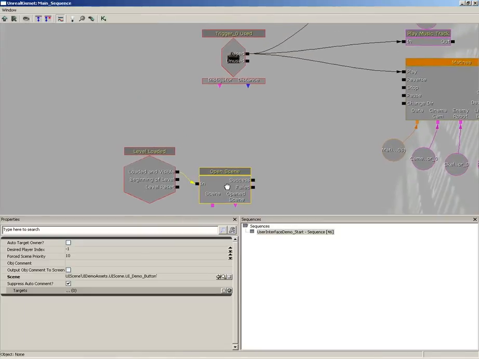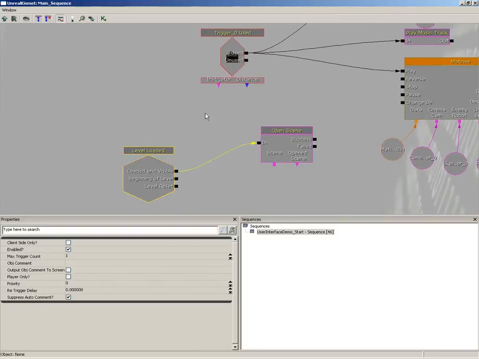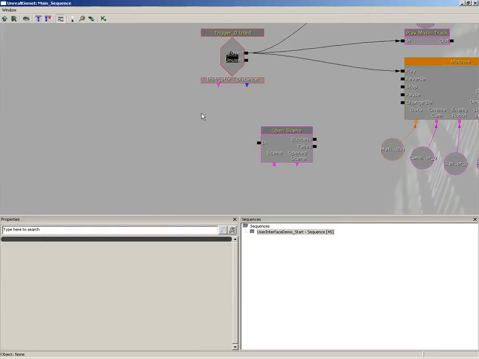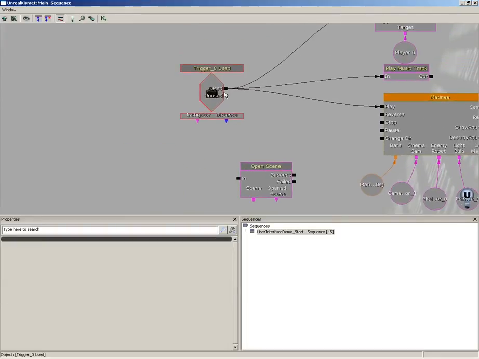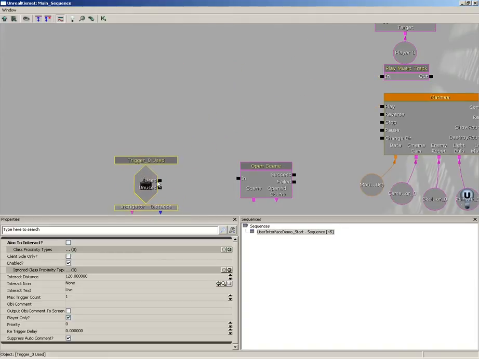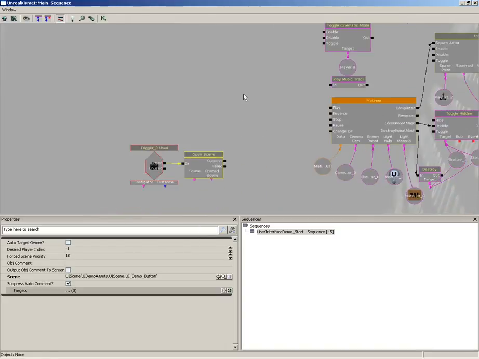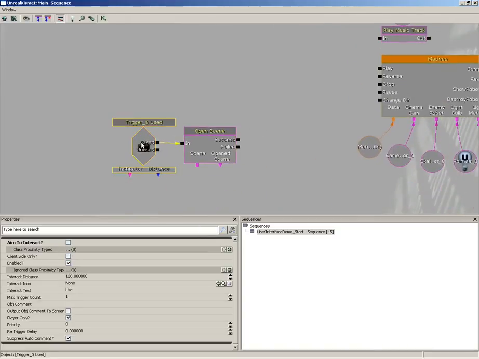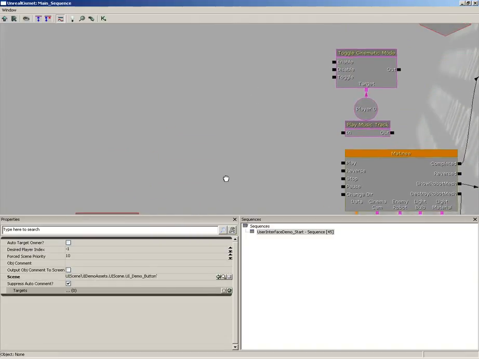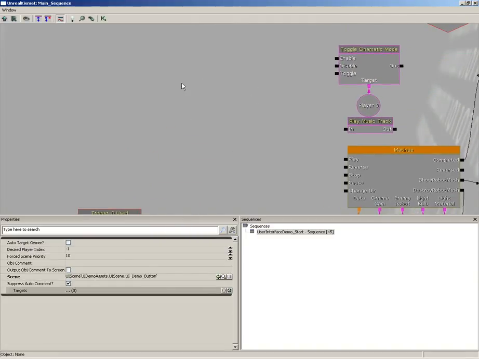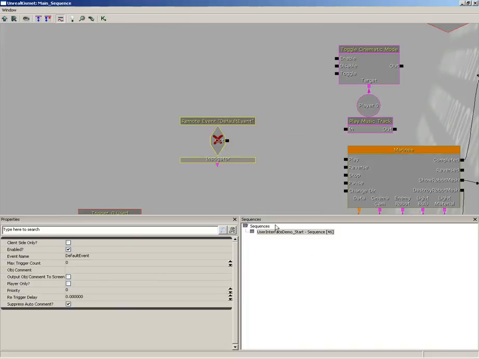We already have our open scene. However, I'm going to take out our level loaded event. I'm going to disconnect our trigger used event, and now when the player uses the trigger, I want them to open up our UI scene. So how is the flow going to work? We have used the trigger, we've opened our UI scene, now we just need to call that remote event. So let's right click, come down to new event, select remote event, and we're going to set the name to, you guessed it, begin